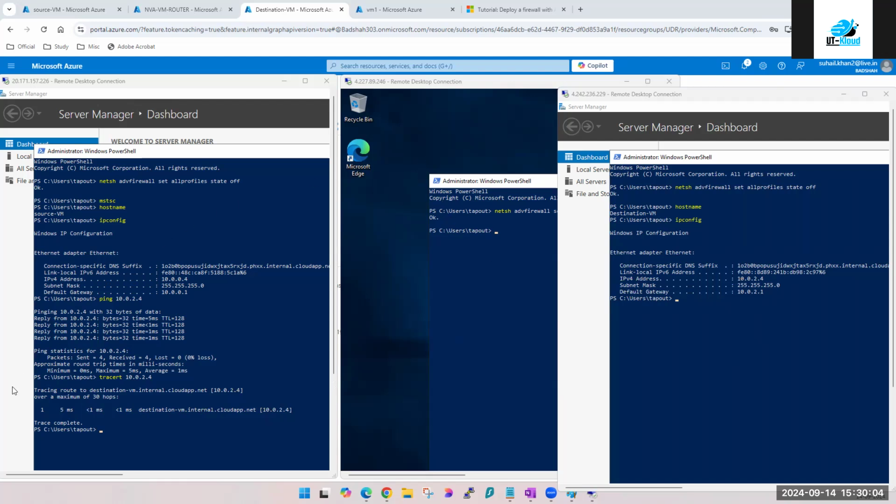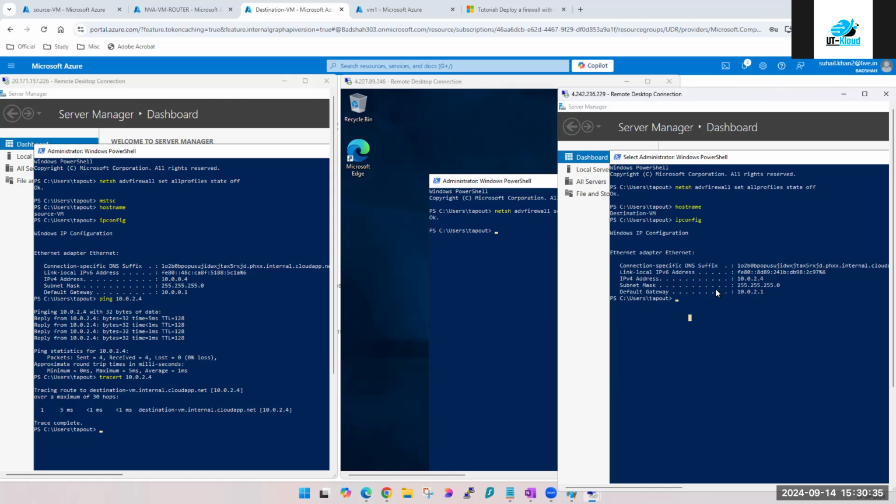I'm saying connectivity should be there, that is okay, but there should be some sort of control over that. What I can do, I can come here on this firewall, or on this NSG, I can control that as well. NSG पे तो बहुत small level पे होगा. On firewall I can do it on a big level, not Azure firewall, guys. Whenever I want to specify Azure firewall, I will say Azure firewall. If I'm saying firewall, I'm talking about basic firewall. It could be OS or third party, right?